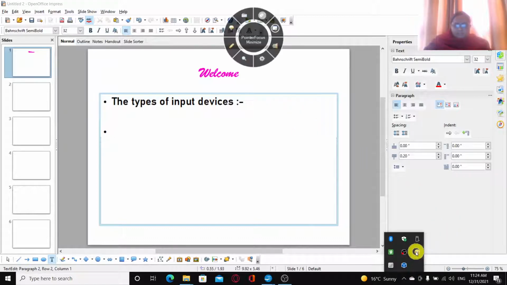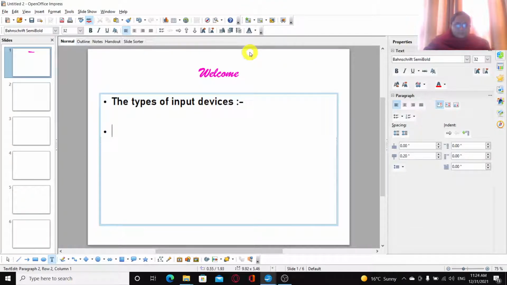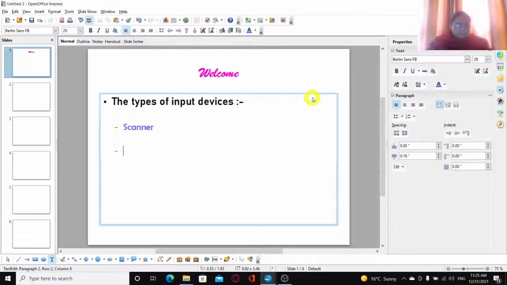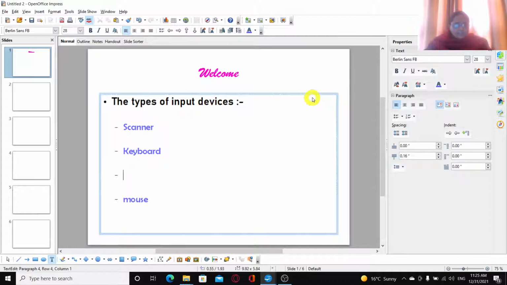So wait a sec. I have pressed tab on the keyboard, and when I press tab, you can see that this bullet style has changed. Okay, and then here also, for keyboard, I want to specify different types. I'll press enter and again press tab on the keyboard. So now with this, you can see a third level of bullets.